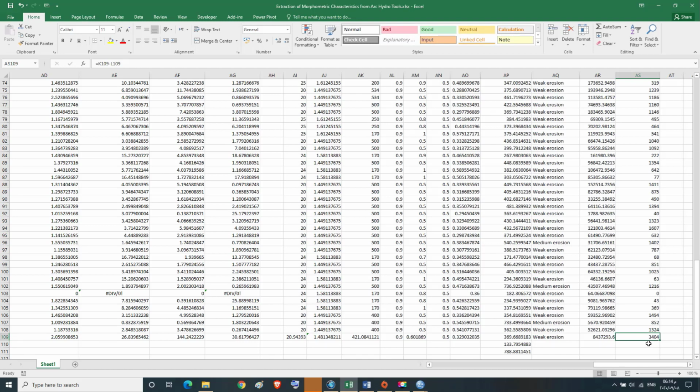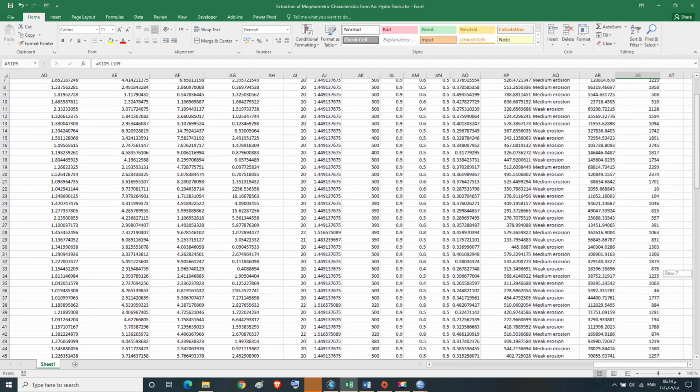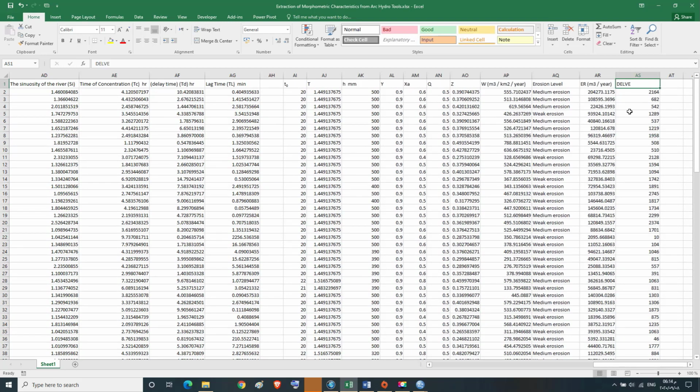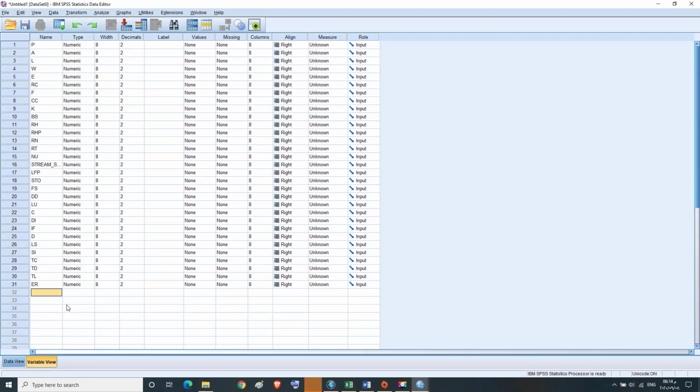Then we insert this characteristic, which is difference in elevation, into the variable view in the IBM SPSS program.